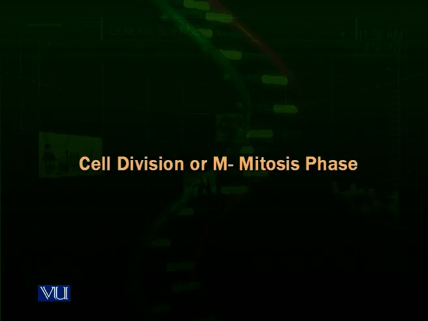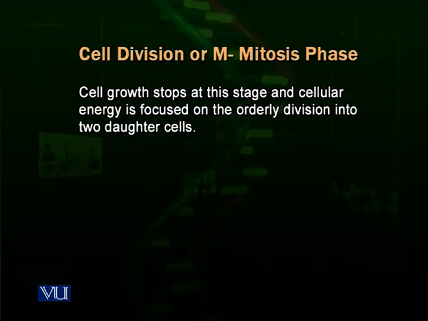Now mitosis, the M phase, the division. In mitosis, the cell has to divide into two daughter cells. At this division, cell growth is totally stopped. As we know, in G1 and G2 the cell was growing, but in